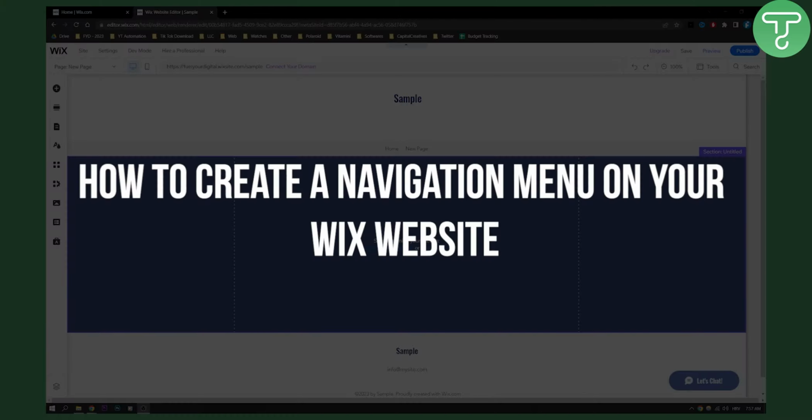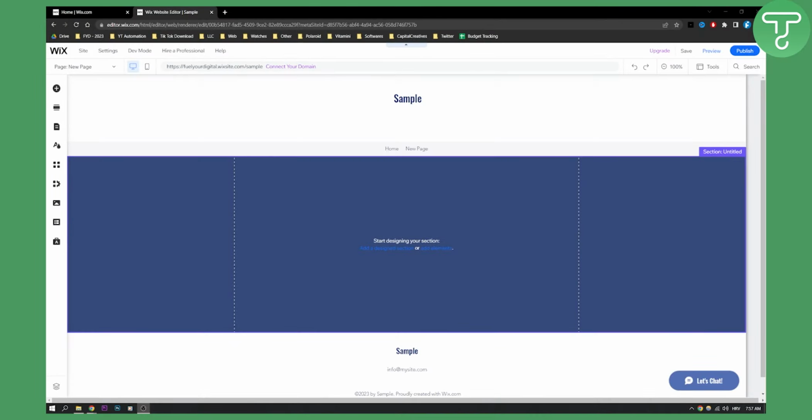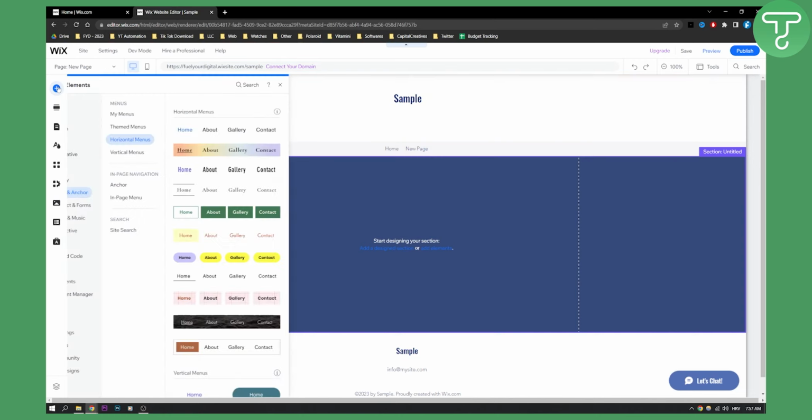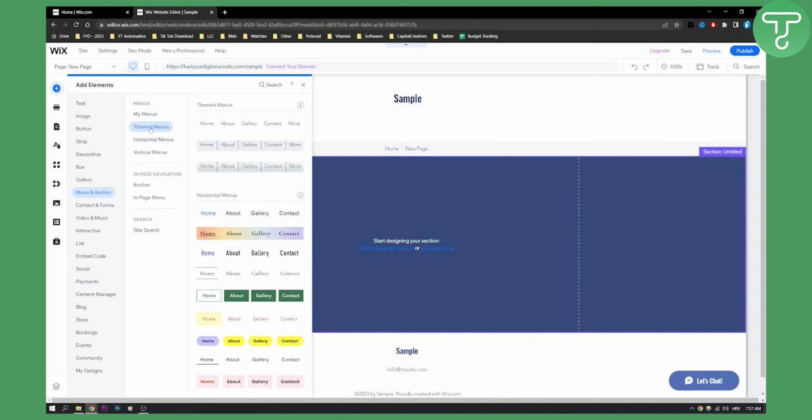Now in this tutorial I will show you how to create a navigation menu on your Wix website. So all you have to do is, as you can see, we're here on Wix. You have to go to add elements, and obviously you have to go to menu and anchor and then themed